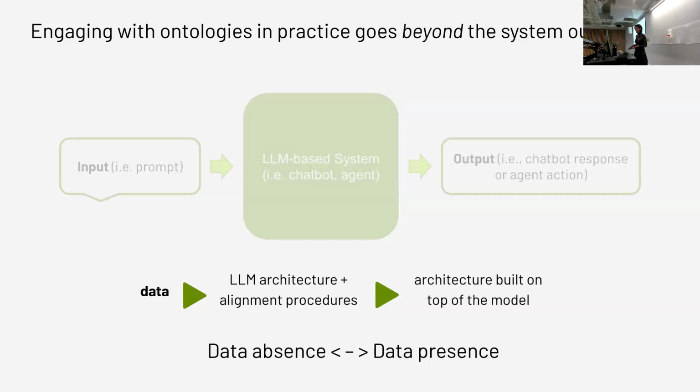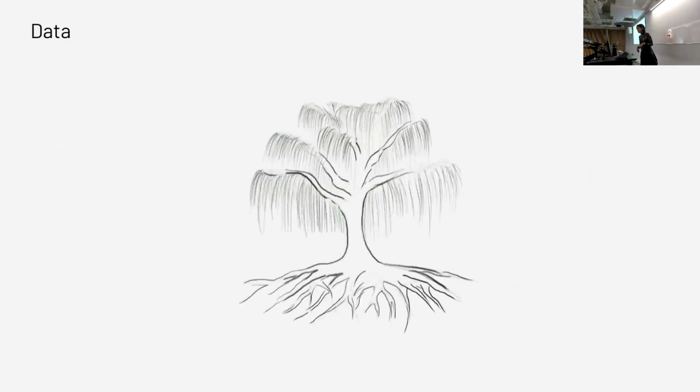But going back to this pipeline and starting with data, the analysis I shared today hopefully shows you data absence and data presence are both important. And this is work that critical data scholars already do. They have been arguing for it. And so there's plenty of amazing work out there to go and look at data. But really, hopefully, I have expanded the space of possibilities beyond just the data. And even within data, showed that we need to consider groundedness.